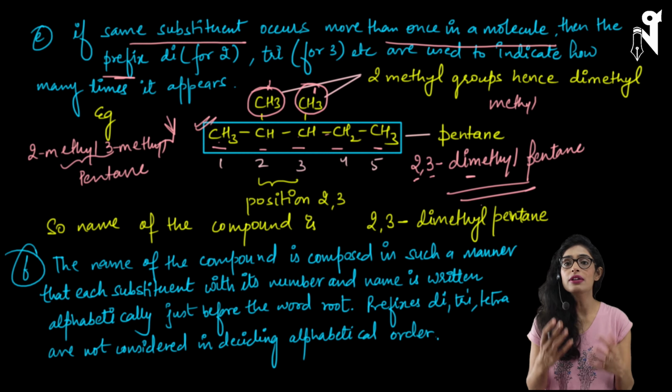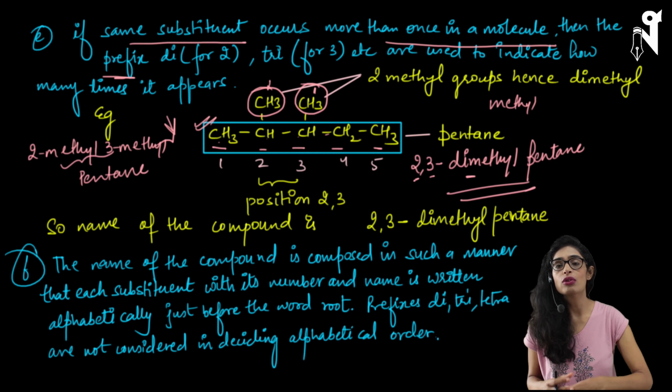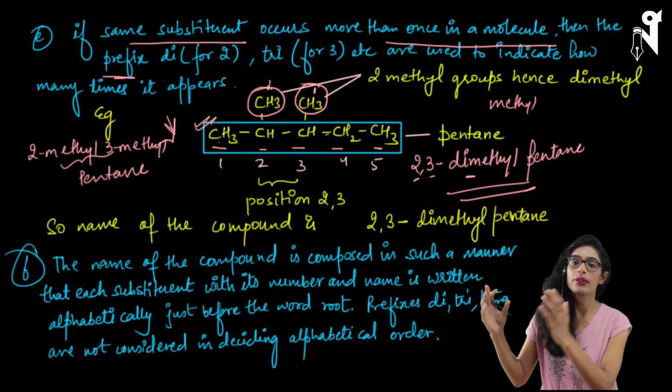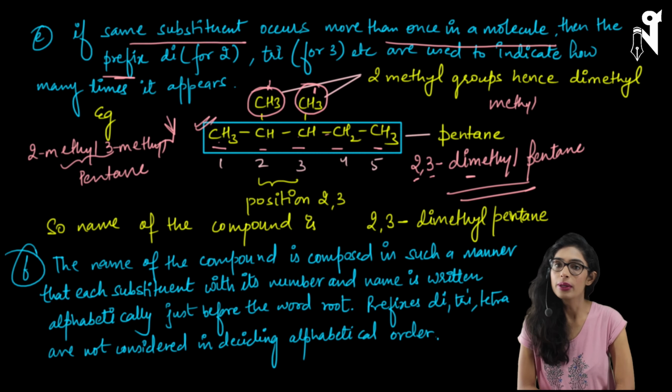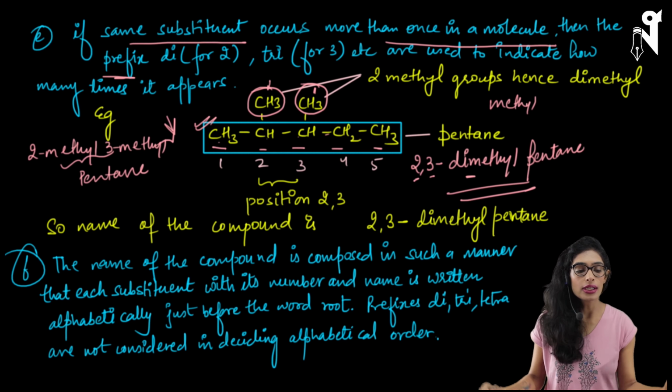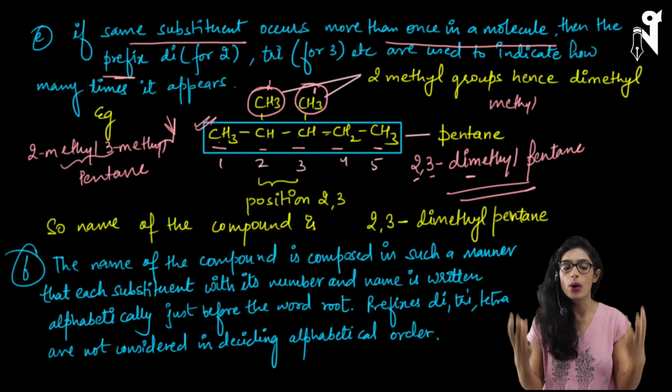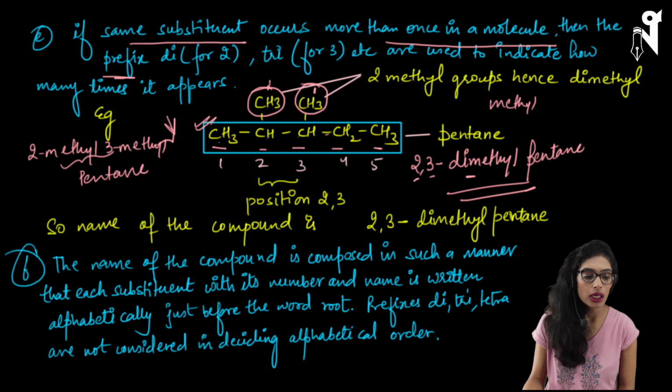Okay. So similarly, if I had three methyl groups, I would have written three positions together, hyphen, trimethyl, and then the name of the parent chain or the principal chain. So this is how we will name if we have the same substituent occurring more than once. Next, let's talk about